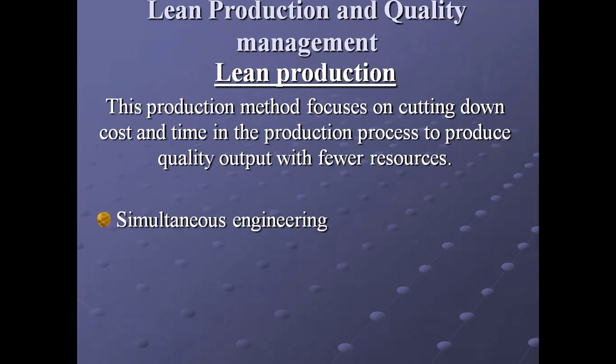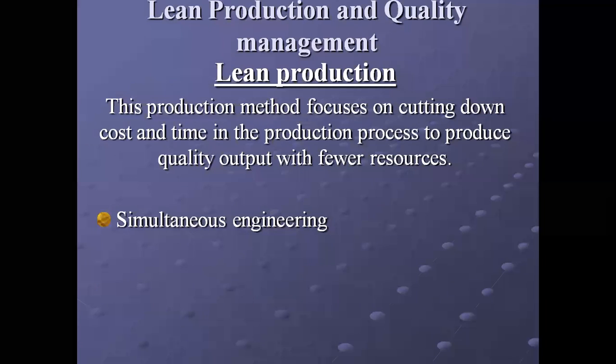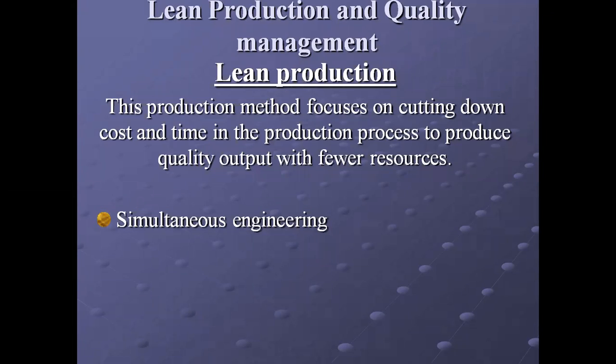For example, a new machinery needs to be introduced to produce goods and services, and you require raw material as well, and then workers require training as well. Now, what you can do is give the order for that new machinery, and then after getting the machinery you go for buying raw material, and then you ask workers to get trained. In that case, maybe more time will be taken.